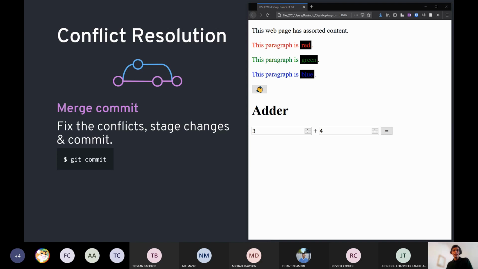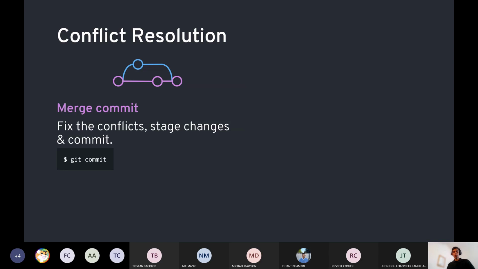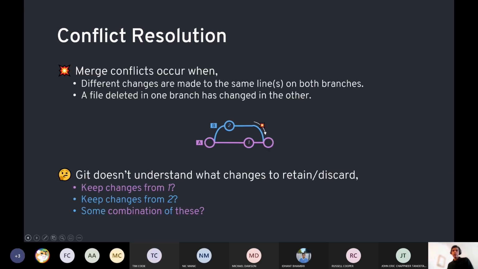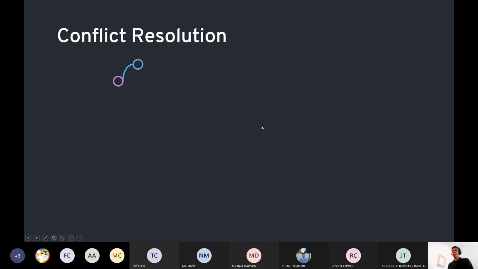Did that make sense? We generated a merge conflict by modifying the same lines of code on both of these commits, and then we resolved that merge conflict that arose when we tried to merge our changes using the git merge command, by modifying the file, specifically where Git added the merge conflict marker, and literally just committing the change. So I hope that made sense. So that's what conflict resolution is all about, really.